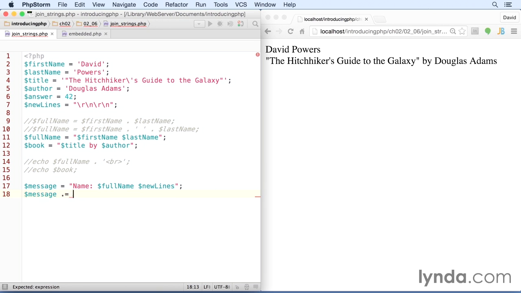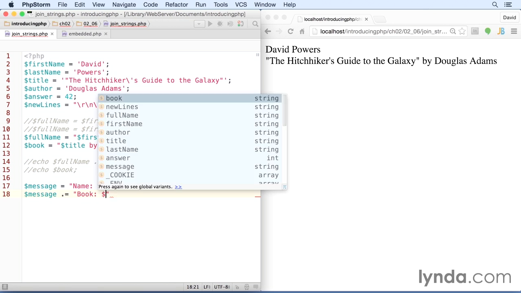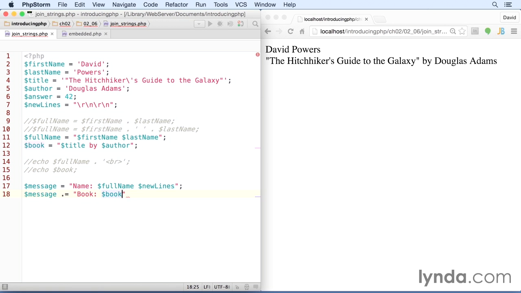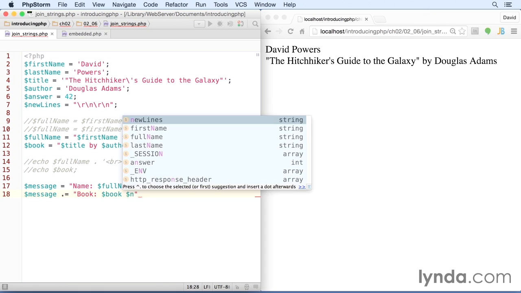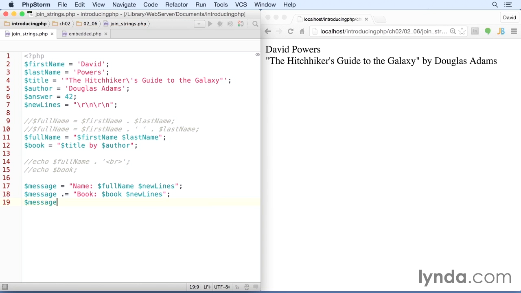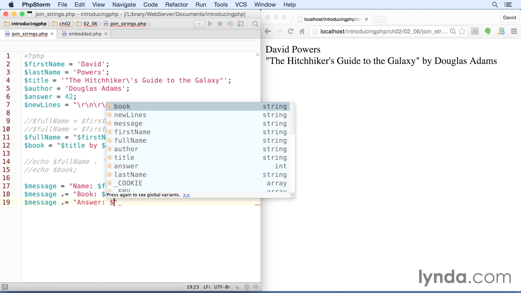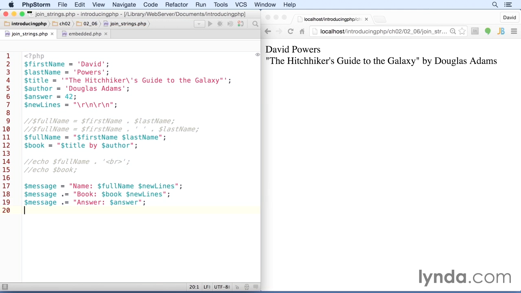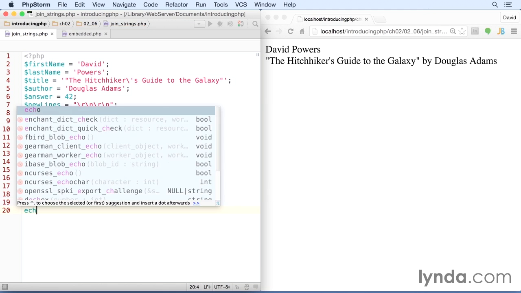And then another double quoted string. We'll have literal text book, colon, followed by our variable book. And then our new lines. And then we'll add something else to our message. So we need the combined concatenation operator again. And then a double quoted string, answer, and we'll have our variable answer. And so if we then echo message,